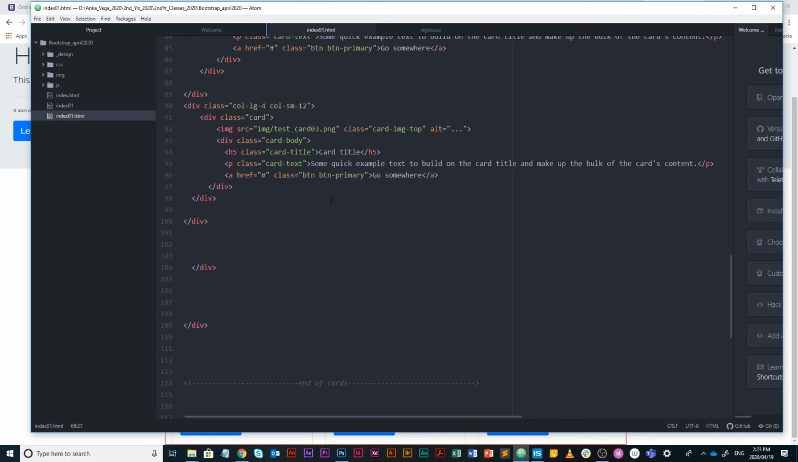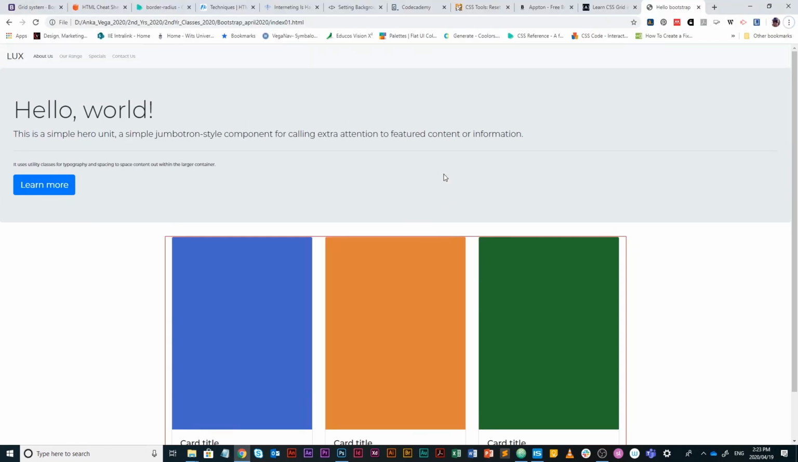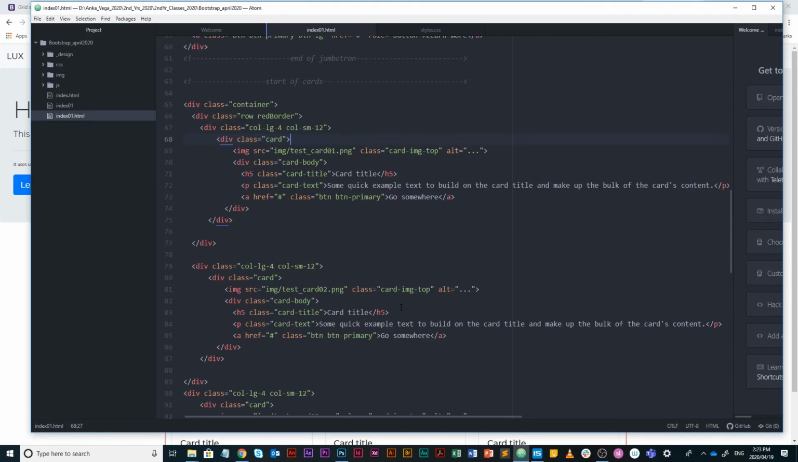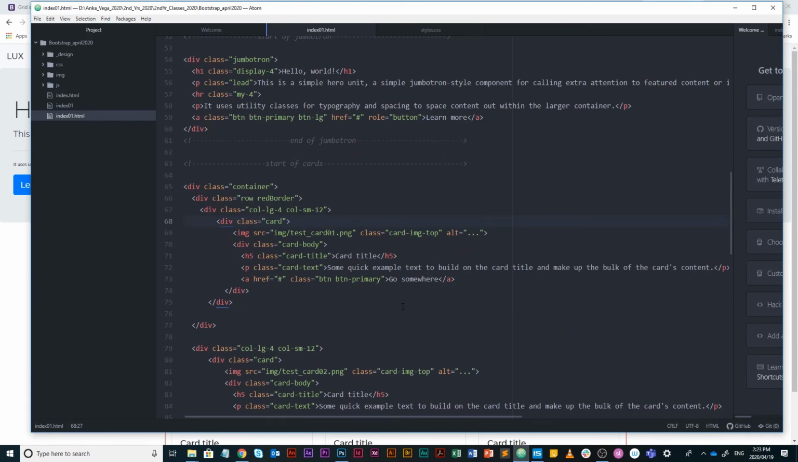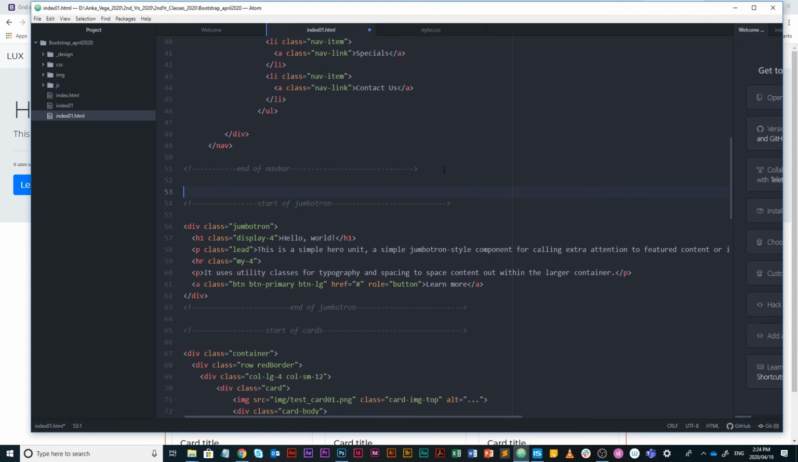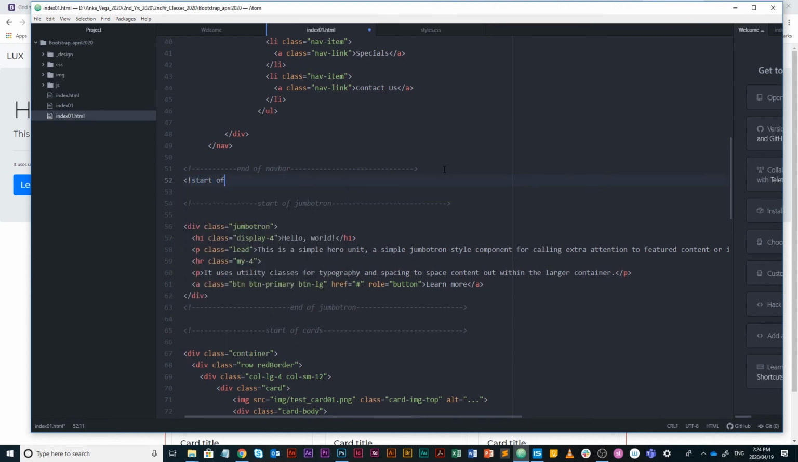All right, so this is the end of my cards. Again, go and play around with it. We're not going to change anything drastically. This is just an introduction to how we lay out things with Bootstrap. Next, I want to bring in a carousel. In fact, the carousel I'm going to put in front of my Jumbotron. So I'm going to say this is the start of